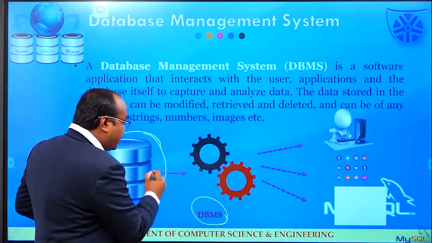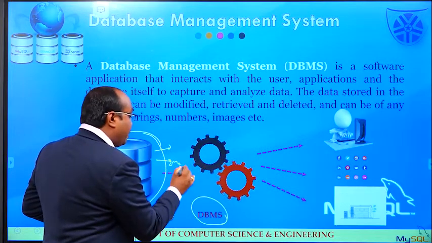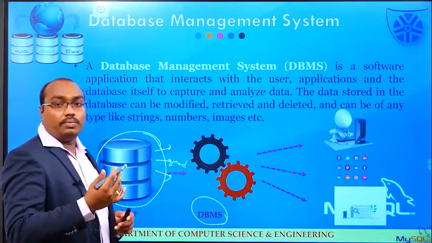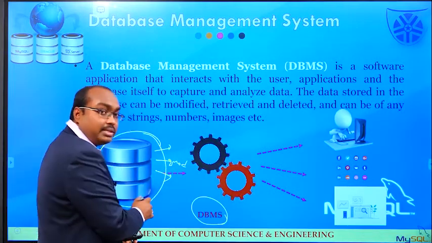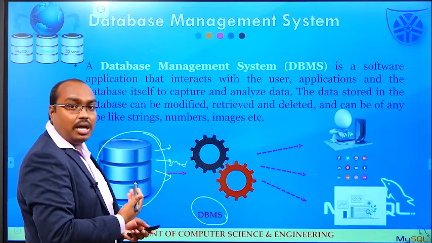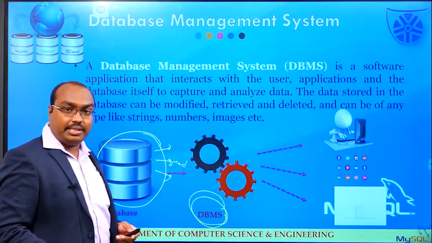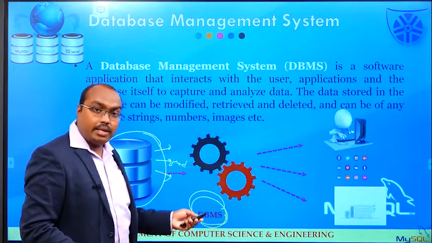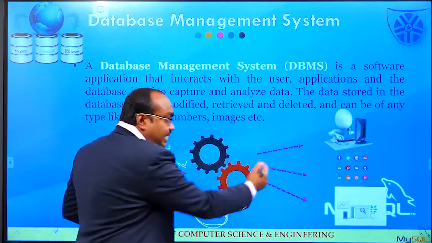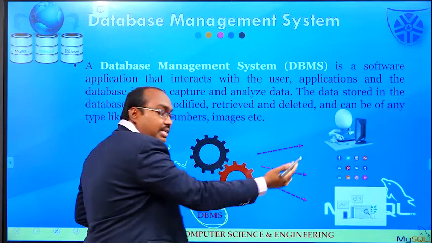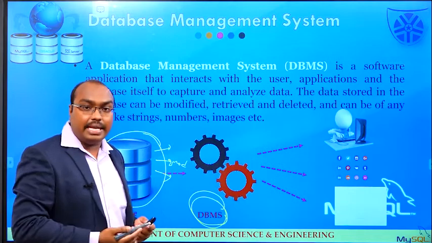In these databases, we can retrieve our data, modify data, and store different types of data. So the definition of DBMS is a software application that interacts with the user, applications, and database itself, which analyzes our data and retrieves